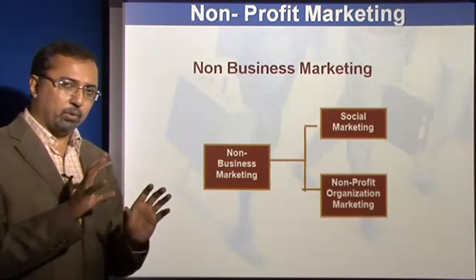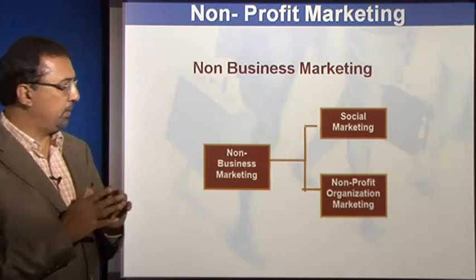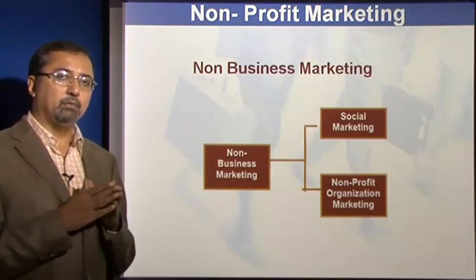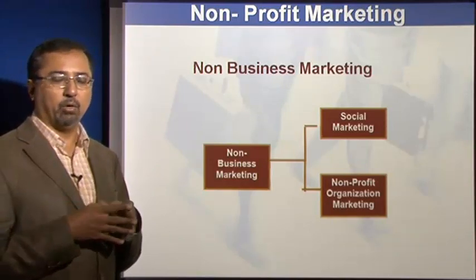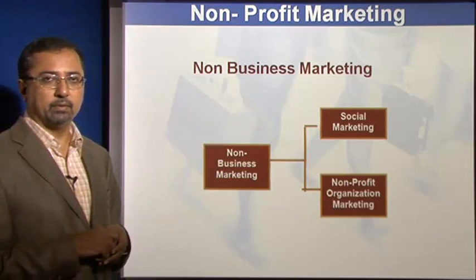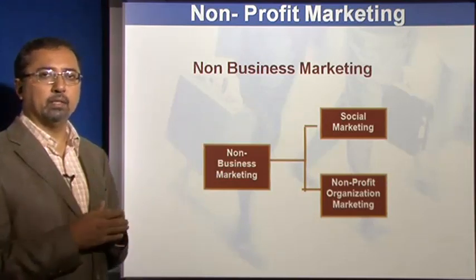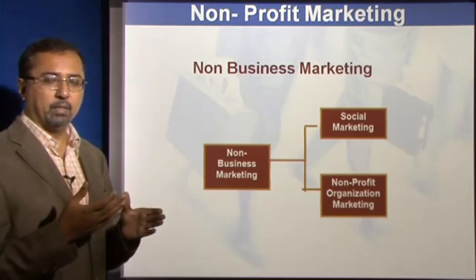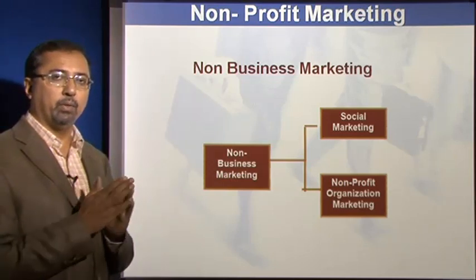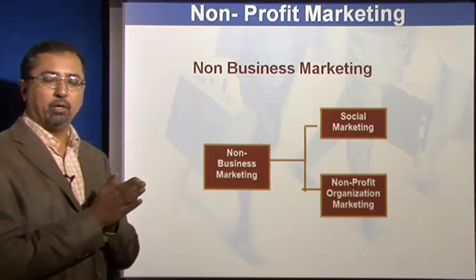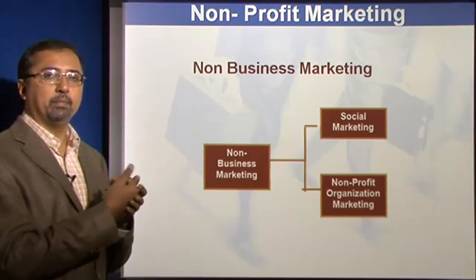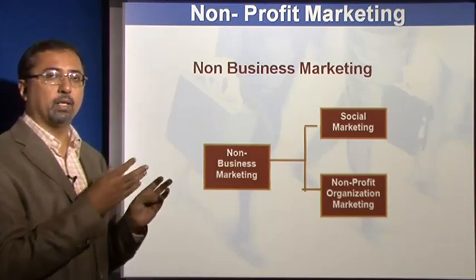So, if you broadly were to look at social marketing, non-profit organization marketing, it all comes under non-business oriented. As we have seen, the objective of any business is to make money out of its products and services. Here too, it might be that some of the social marketing objectives might subtly help an organization, but maybe not directly. For example, a large manufacturer of soap may have a social marketing program of improving hand hygiene, that cleaning your hands helps remove infections, might be the social marketing program. It might help that particular organization, but maybe many times there is no direct correlation.